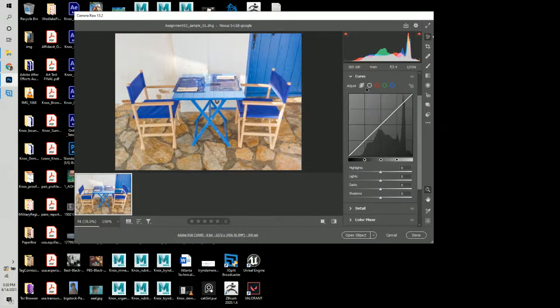Underneath curve, we have our adjust bar here. Right now it has everything selected. We don't want to mess with that because we want a certain angle, a certain direction out of it. So we're going to start moving with individual channels. And we'll start with the luminance channel, which is right next to, it says parametric curve, but